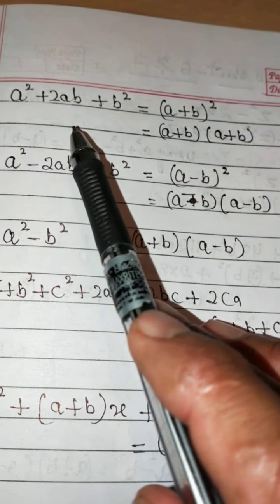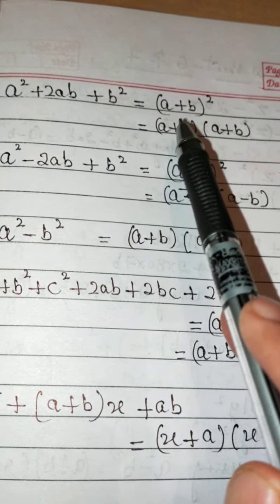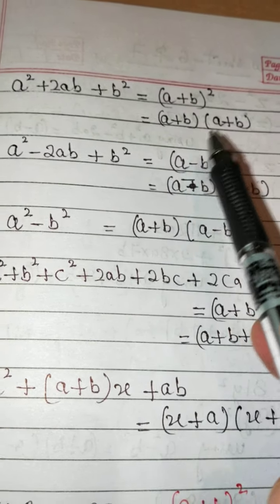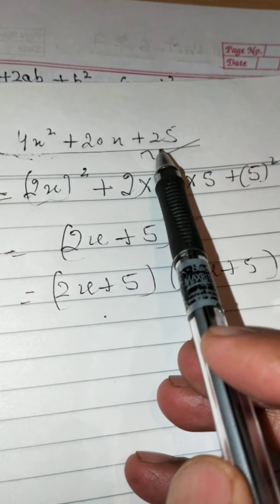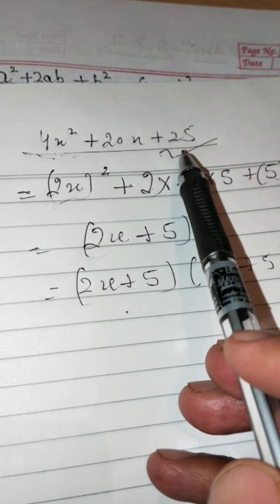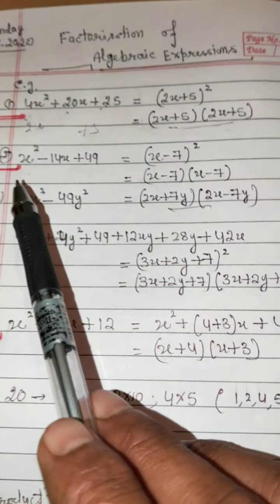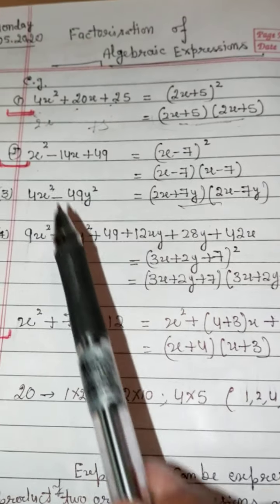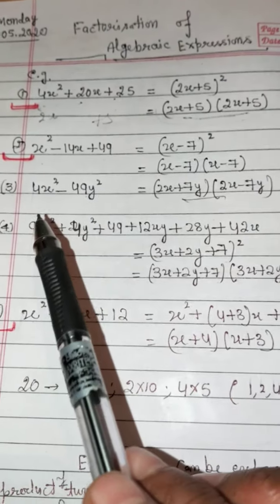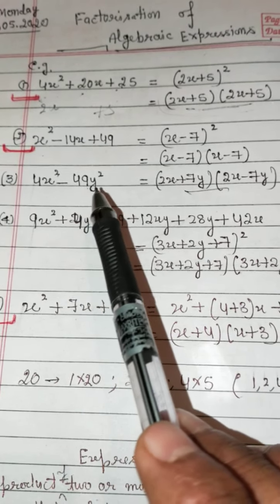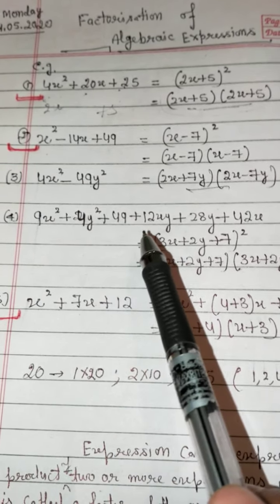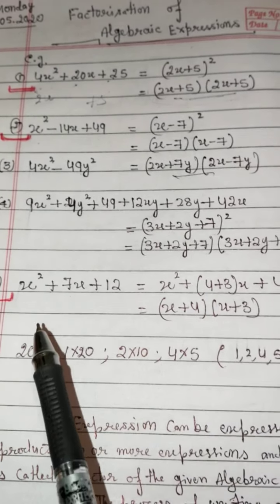In this expression we can use identity first, that is a square plus 2ab plus b square is equal to a plus b whole square is equal to a plus b into a plus b. So here this is your expression 4x square plus 20x plus 25. 4x square and 25 are perfect squares of 2x and 5, and 20x is your 2ab. Similarly, second, x square minus 14x plus 49. In this case we can use identity second. 4x square minus 49y square. Identity third, a square plus b square plus c square plus 2ab plus 2bc. Fourth identity, and fifth identity,